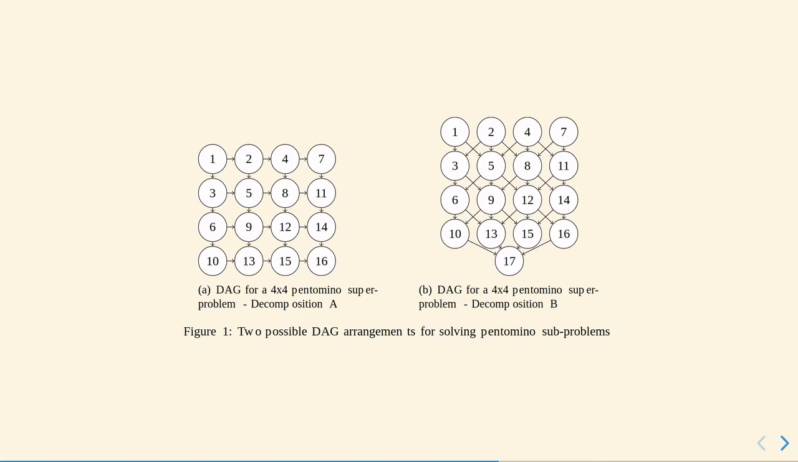And we have a choice of different ways that we can interleave the solutions of those region solvings together. So two different possible DAGs. Now, in this case, the pentomino tiling is uniquely soluble, and we can actually test that against different SAT solving